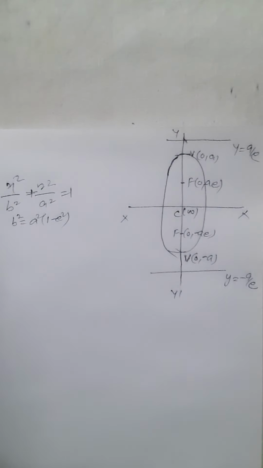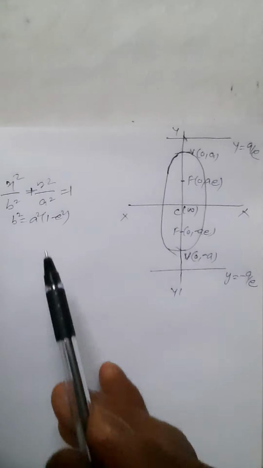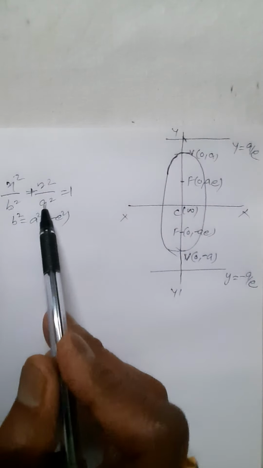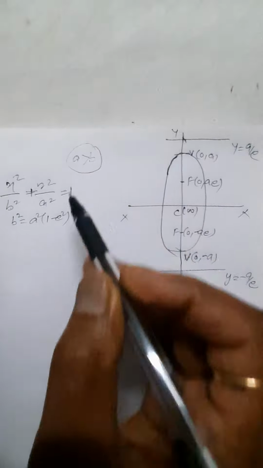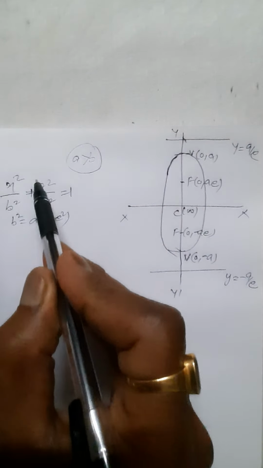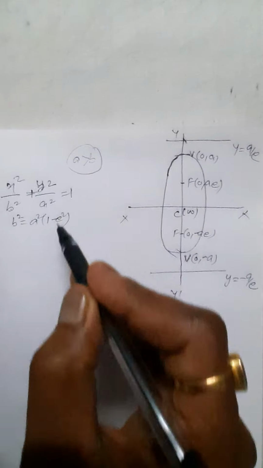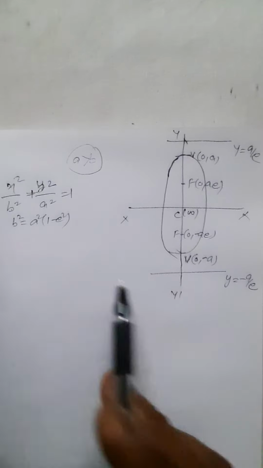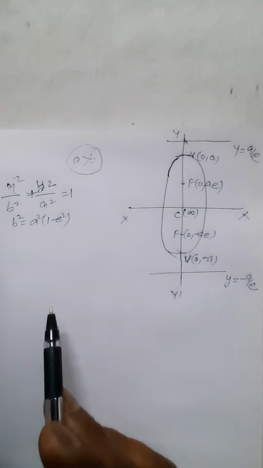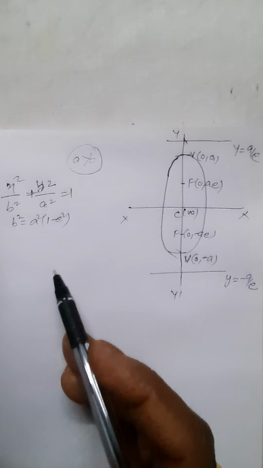Another part of ellipse, when the major axis is along the y-axis, I just change a and b. In this condition, a is again greater than b, the greater value with y square. If the greater value is with y square, that means the whole system lies on the y-axis. Only a and b are interchanged. Everything remains the same. So the value of b square will remain the same.